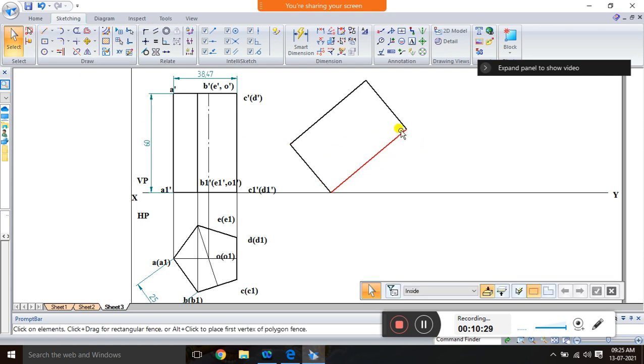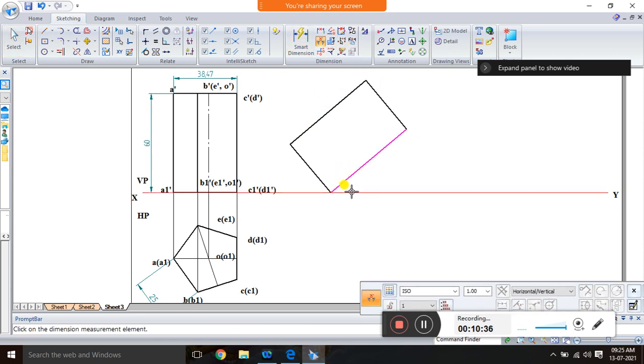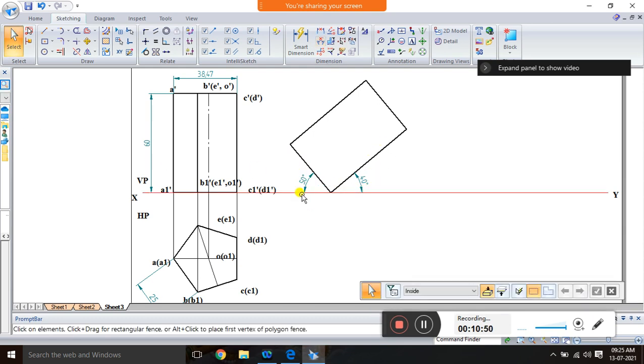You won't consider any base inclination, so you just cross verify. I told you the edge should be 40 degree, correct, and base means 90 minus 40, it should be 50. You just cross verify, it should be 50. See, if you go with the base inclination, it's 50 degree, or if you go with the normal edge inclination, it is 40 degree. You can take any one.